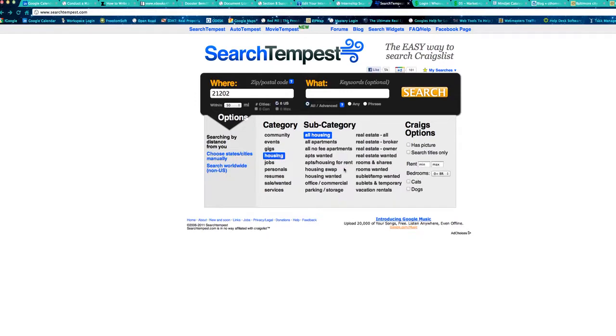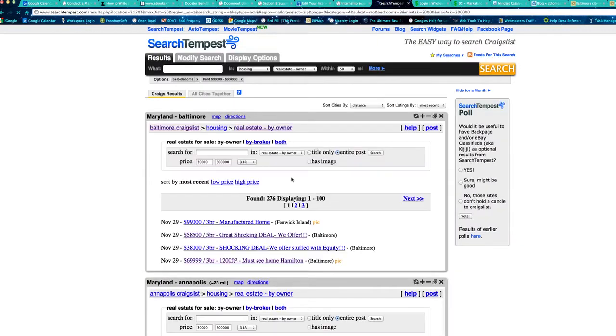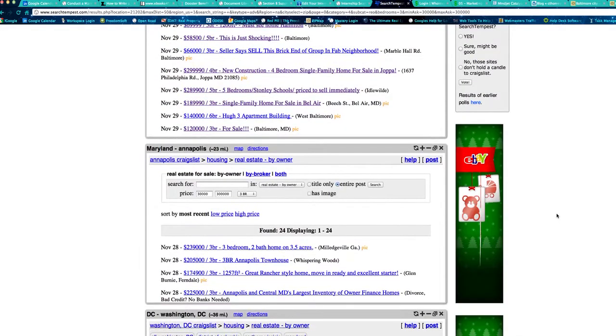I want to go to housing, and we want to do real estate by owner. We want to leave this part unchecked. We want to put in a minimum price of $30,000 and a max price of $300. Bedrooms 3 and up, leave cats and dogs unchecked. Hit search. Now the next thing you'll see is it pulls up everything in Baltimore, everything, and then it goes